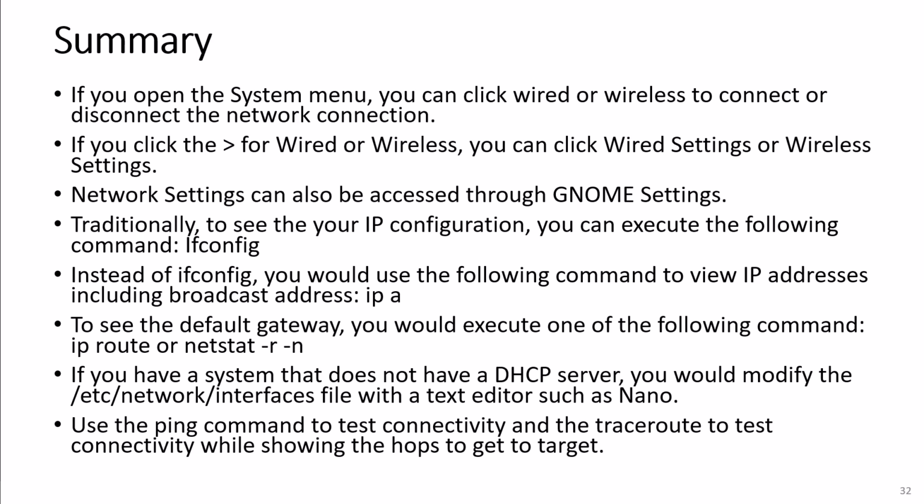Traditionally, to see your IP configuration, you can execute the following command, ifconfig. Instead of ifconfig, we'd use the following command to view the IP addresses, including the broadcast address, ip a. To see the default gateway, you would execute one of the following commands, ip route or netstat -r -n. If you have a system that does not have a DHCP server, you would modify the